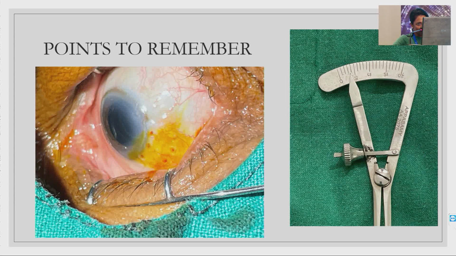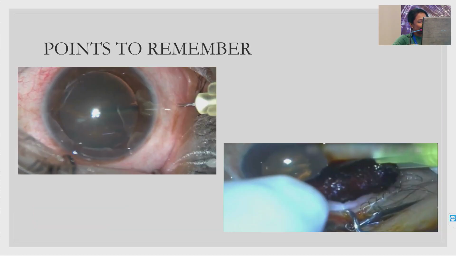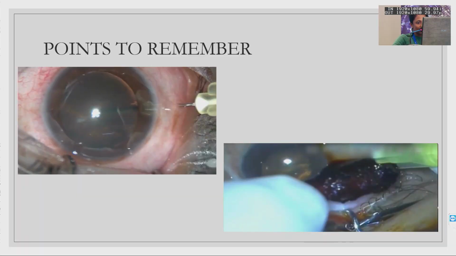So what you can do is, this is the Castroviejo calipers. You can dip it in povidone iodine and mark the area. Two or three markings can be given, so that even when you displace the conjunctiva, the marking can be clearly seen. And always ensure that the tip, and while withdrawing, to prevent the reflux, a cotton tip applicator dipped in povidone iodine should be applied to